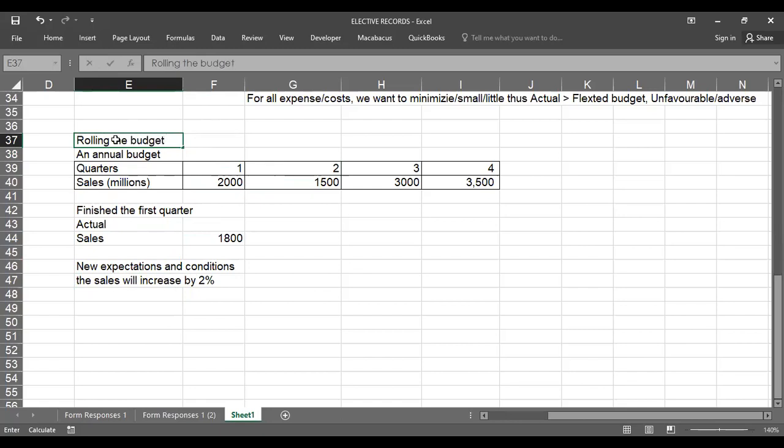Okay. We know that quarter 1 is gone. That's why you have actual performance, and you actually got a variance, which is negative in nature, adverse, of 200. We're saying, okay, now our performance is not good. Then you do the needful. Maybe you hire new staff, you improve your products, you market more, whatever can increase your sales is